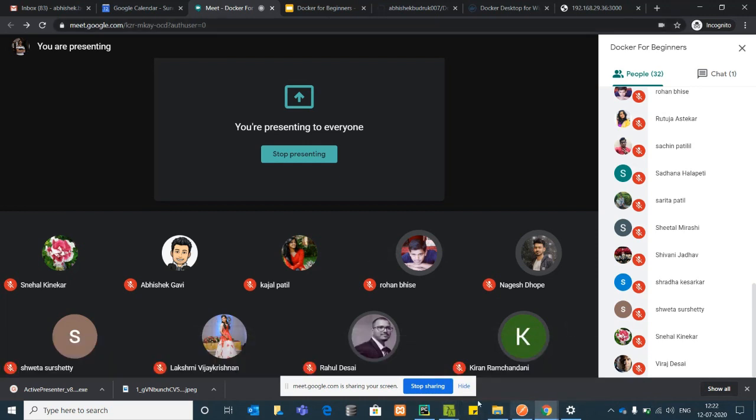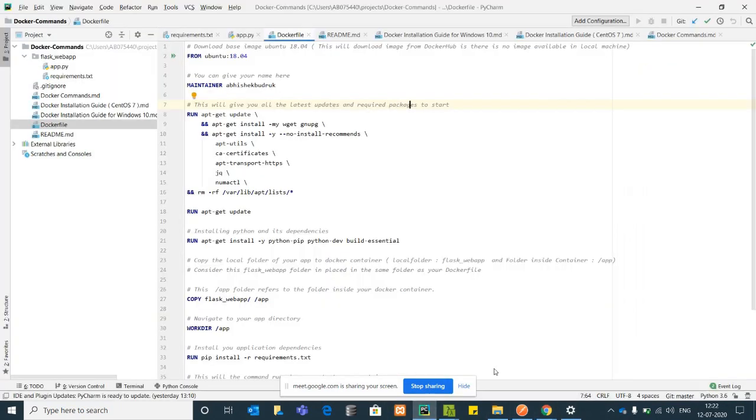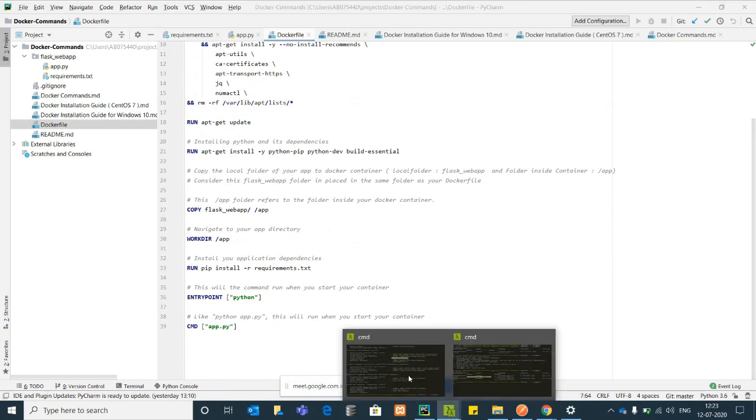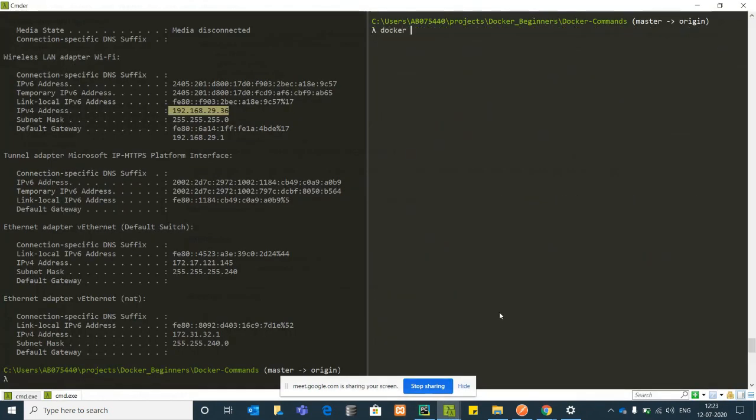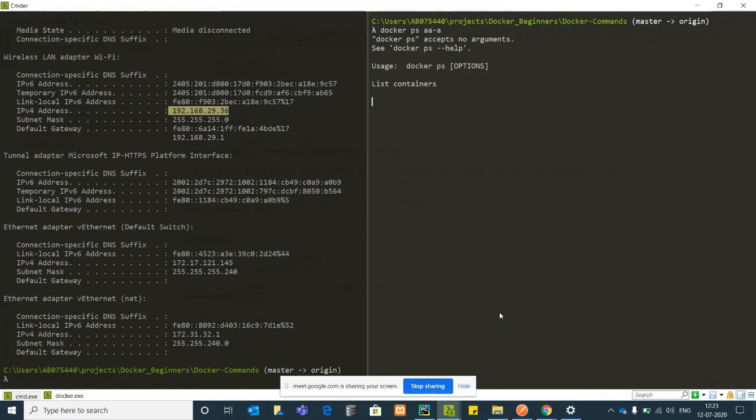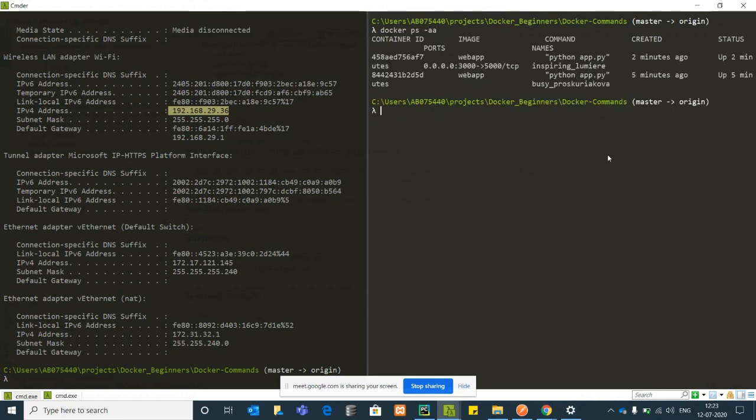Now I have a running container. I want to go inside this running container and check what files are available inside it.